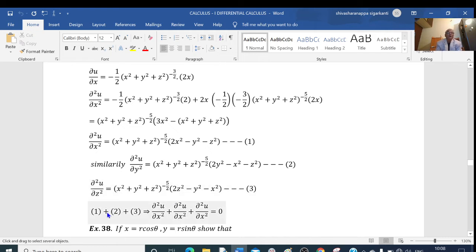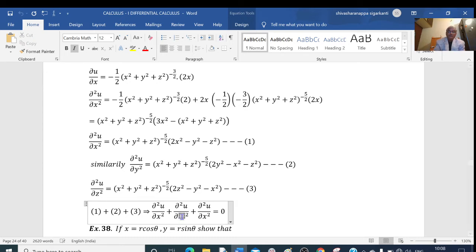Adding these three, 1 plus 2 plus 3, I am getting ∂²u/∂x² plus ∂²u/∂y² plus ∂²u/∂z². This is y and this is z, right? Now here,